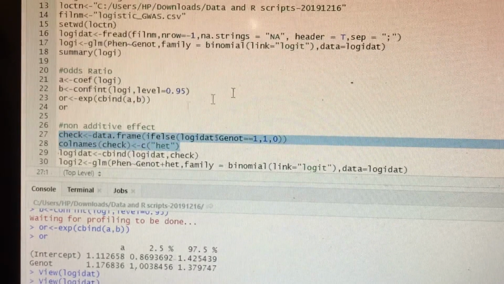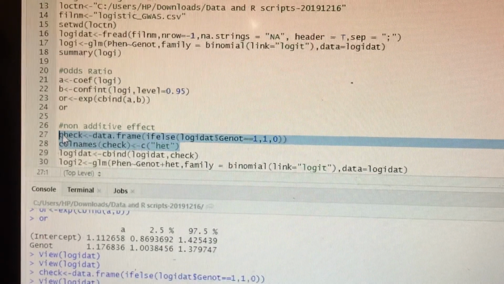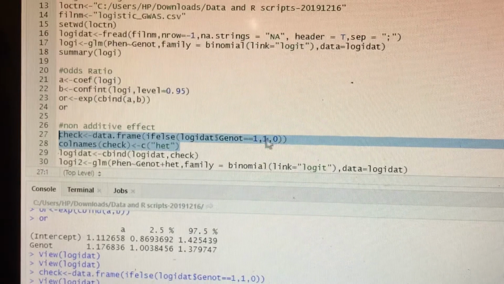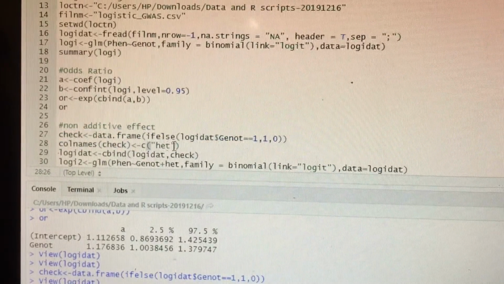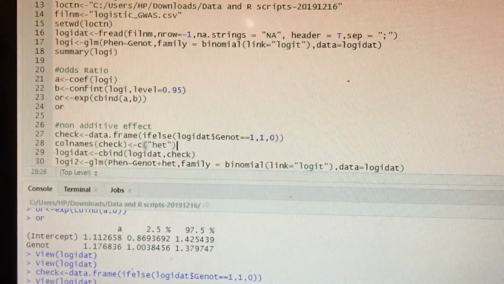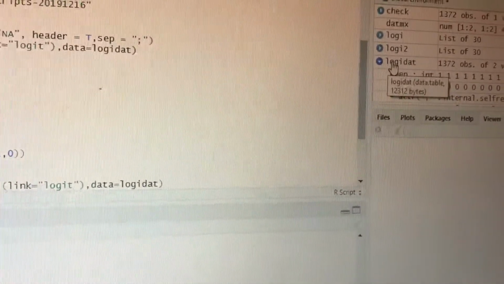So if we run this too now, this line will create the new table with ones and zeros, and the name of that column will be head. So now if I click here, logidat,